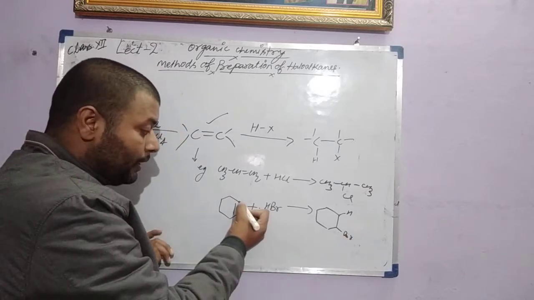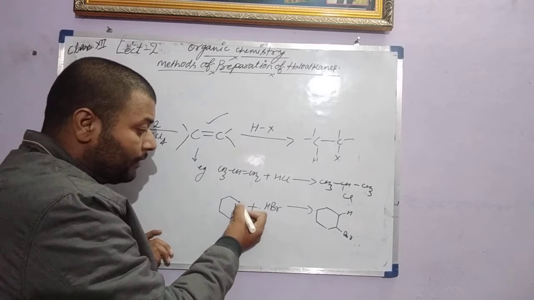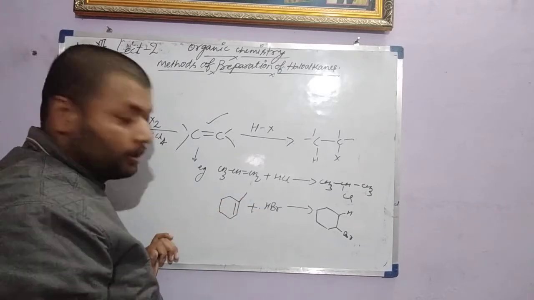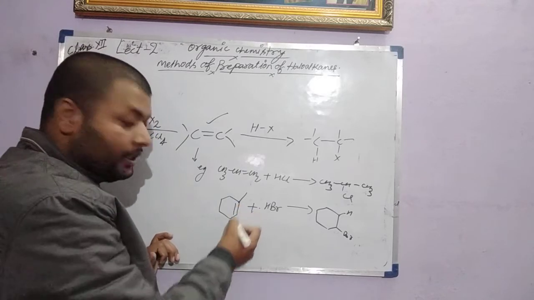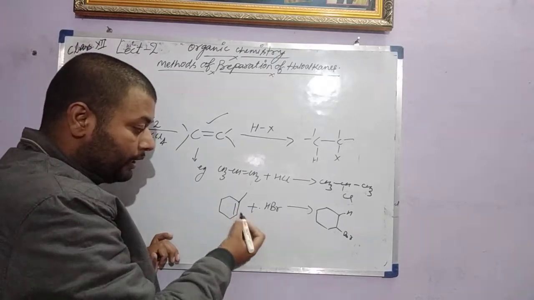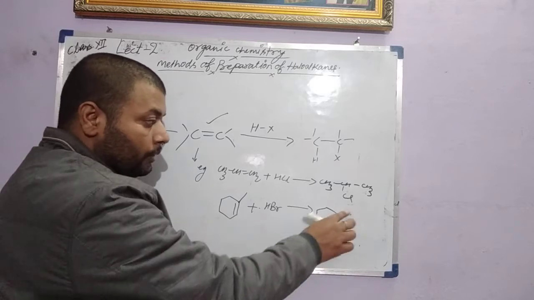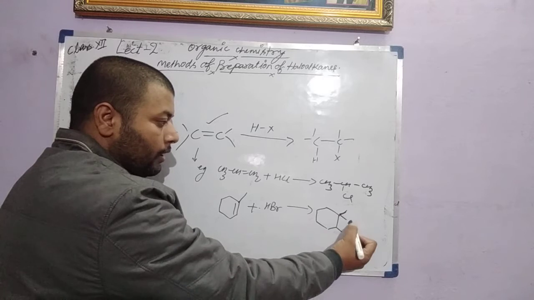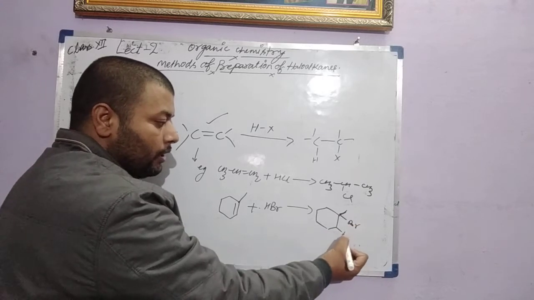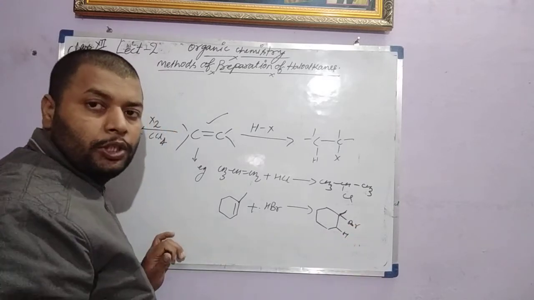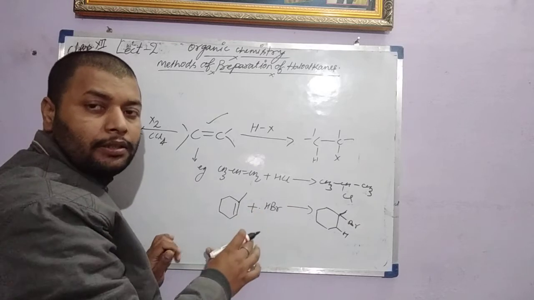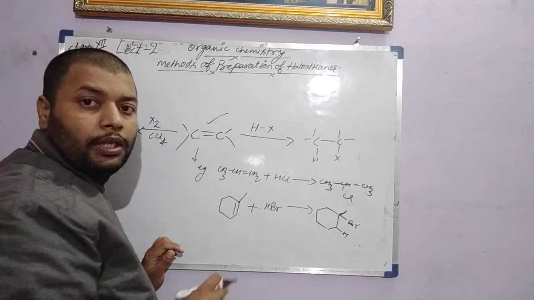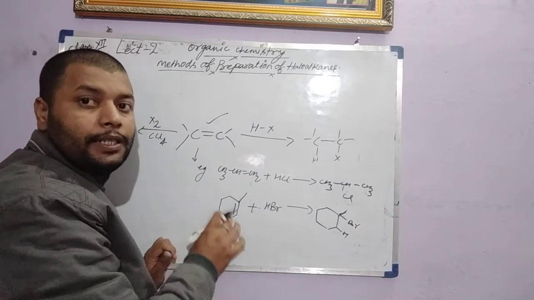But if there is a double bond attached to one of the branches, here the number of hydrogens is reduced, no hydrogen is there and there is one hydrogen, so the position will be reversed. Now here the bromine atom is attached and here will be hydrogen. So addition of HCl or HBr always takes place with the help of the Markovnikov rule in the case of unsymmetrical alkenes.